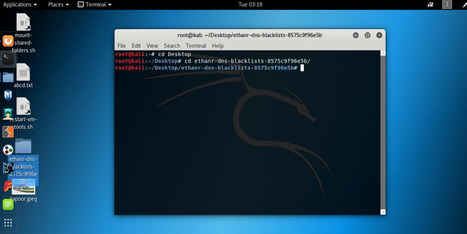Now we are in this folder. Now the command or the script for the same is python DNS blacklists.py bad_lists/suspect IP, the folder which we have created. You have to give the same name here.